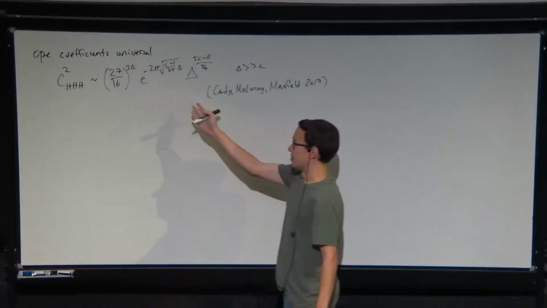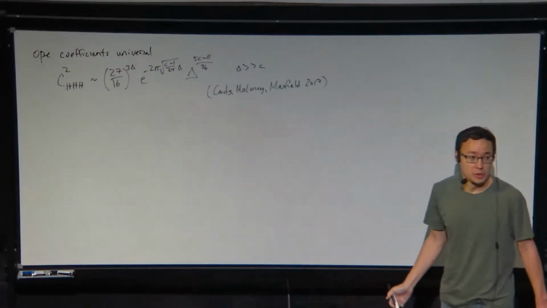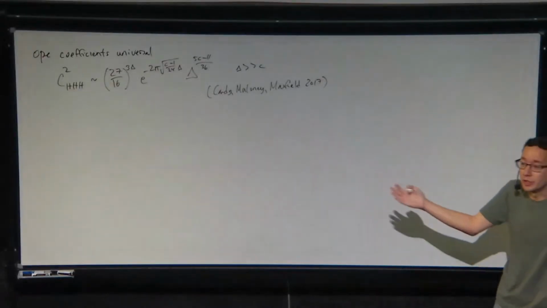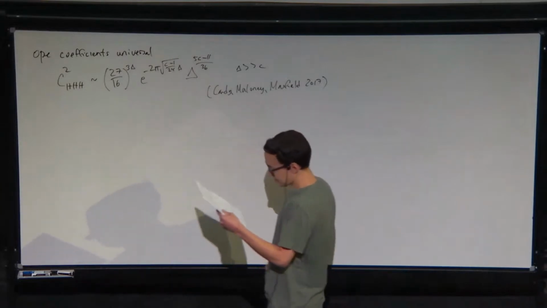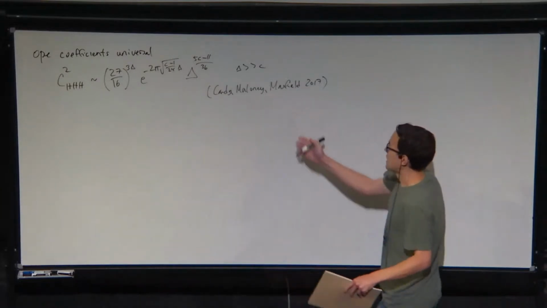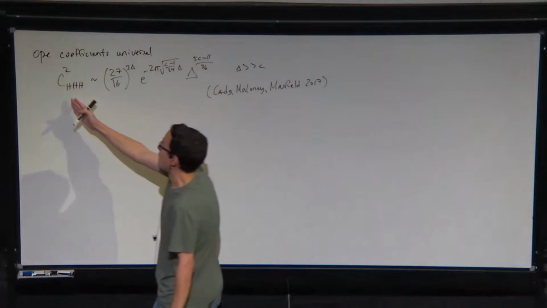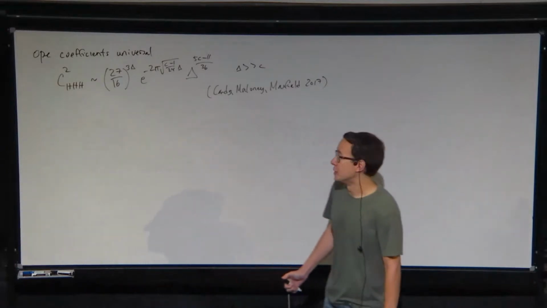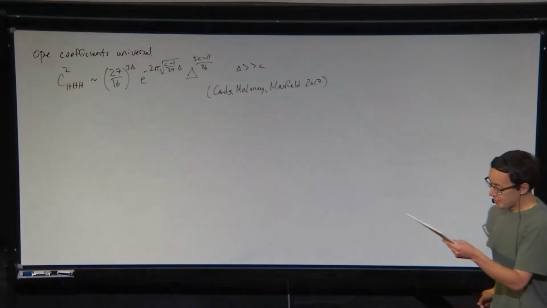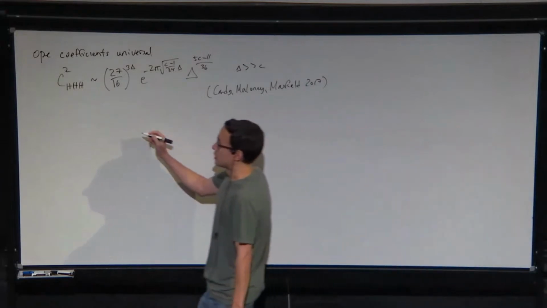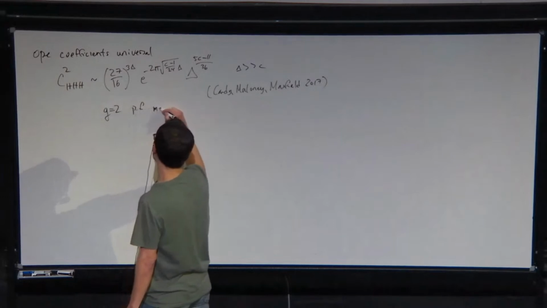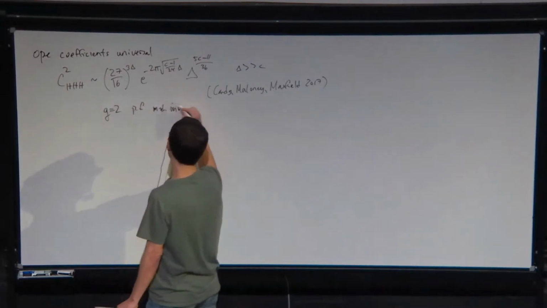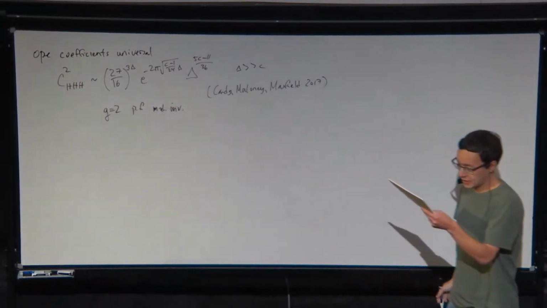Here I assume that they're all scalars and they all have similar conformal dimensions, but there's a more general formula you can write down where you give them spin, and they can have different dimensions and different spins. I'll also say in passing that there's also universal formulas for heavy, heavy, light, and heavy, light, light OPE coefficients of the Virasoro primaries. And this you can derive by looking at modular invariance of the genus 2 partition function, as was done by these guys in 2017.